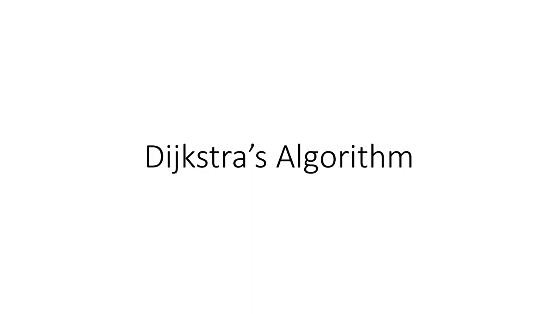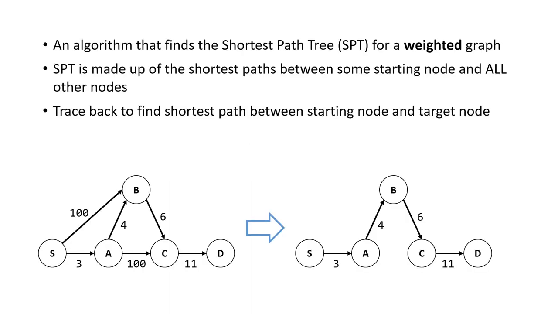Hi everyone, in this CSE 373 review video, we're going to be going over Dijkstra's algorithm. So what does Dijkstra's algorithm do? Basically, given a weighted graph, the algorithm will find the shortest path tree for that weighted graph. And the shortest path tree is made up of all the shortest paths between some starting node and all other